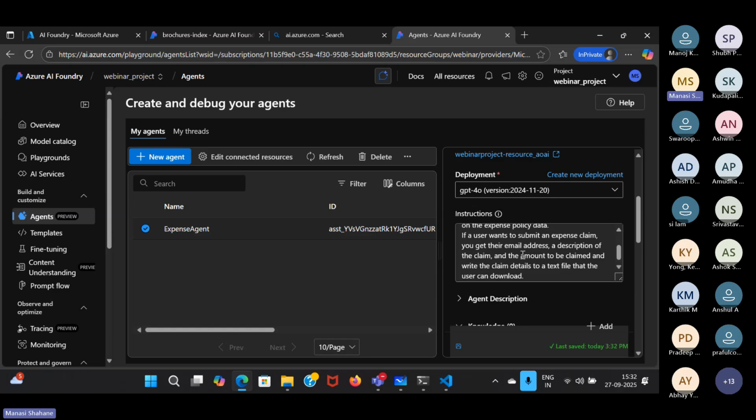You are supposed to, first of all, ask the user for his or her email ID. Once they give you that, ask the amount and also what is the description of the claim? Like I said, is it for breakfast, lunch, dinner, or travel, or whatever? Just go to that expense policy data document, search for it, and give it a